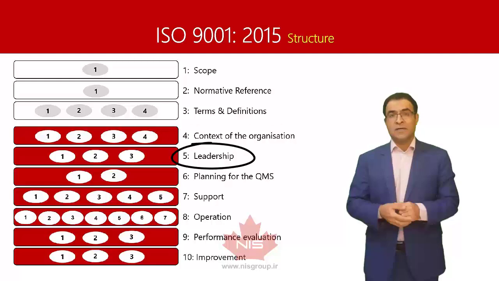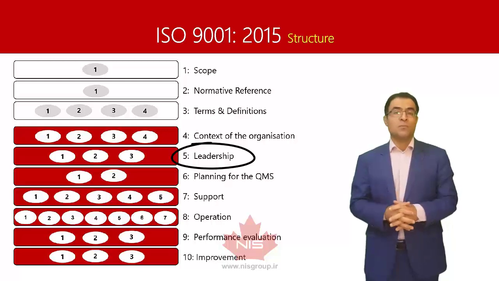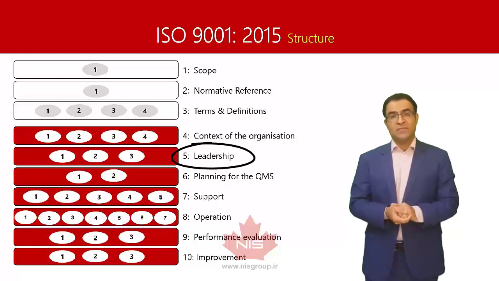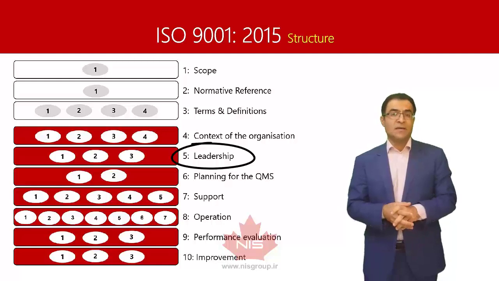There is a non-comprehensive list of responsibilities for a manager or top manager in clause 5.1. We will be checking them one by one, and again we emphasize the importance of leadership. In clause 5.2 we talk about quality policy, and in 5.3 we will be talking about the structure of organizations, roles,